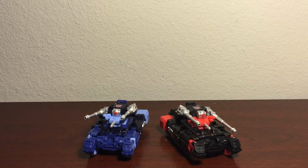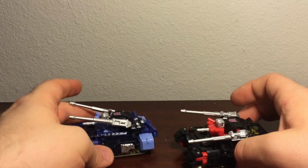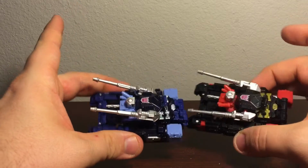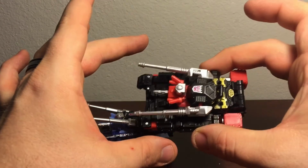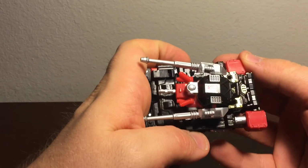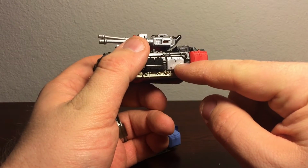And here's both Rumble and Frenzy transformed into their little anti-aircraft tank modes. Now, as you can see, they're both in their respective colors when it comes to the tank mode. As you can see, I wasn't even thinking about it, and I accidentally set off both these pile drivers right here. So, to me, I think that is personally just a...